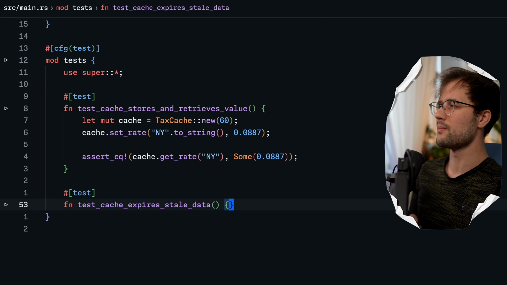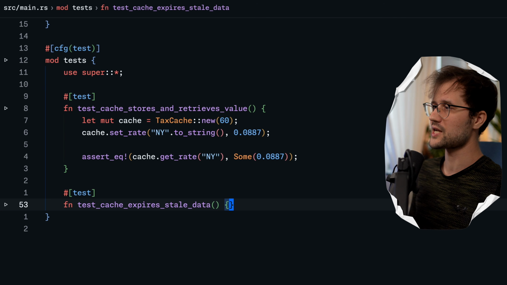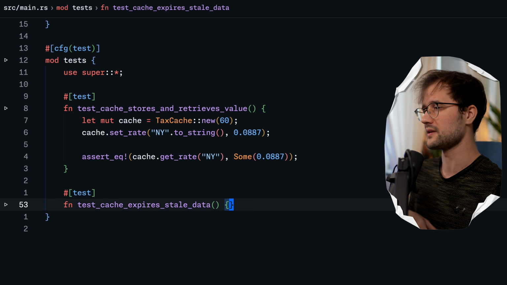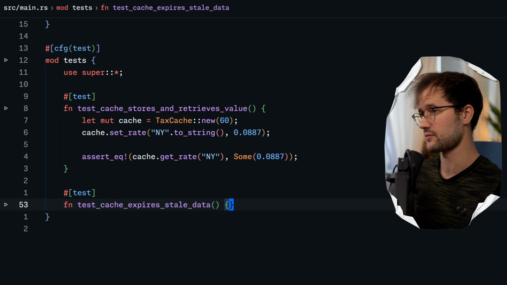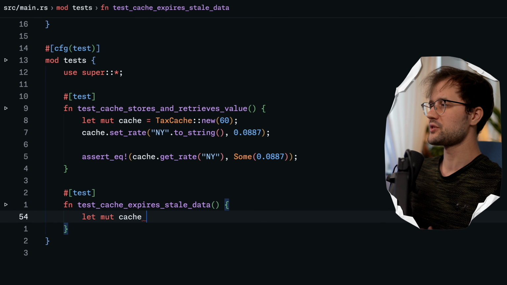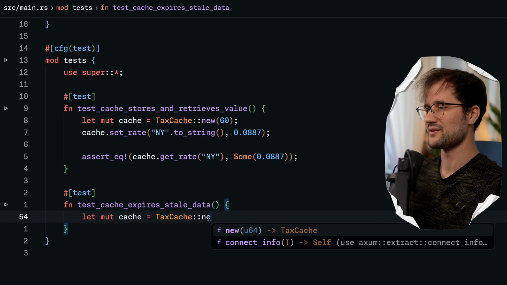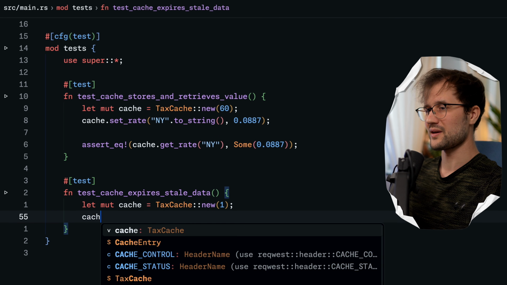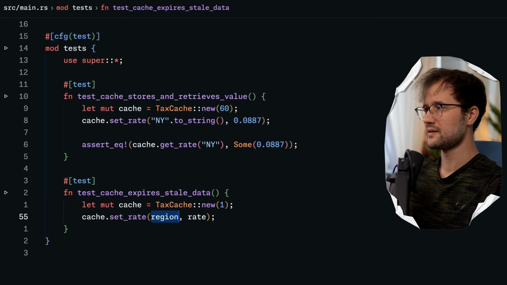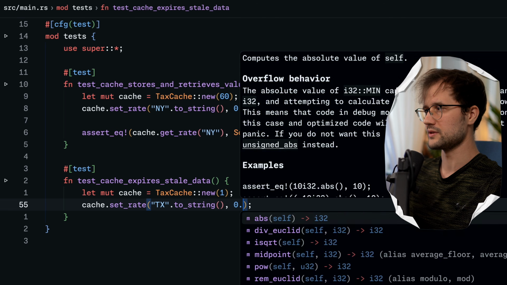And this right here is our most important test, at least I would say, because it proves that the cache really cleans up after itself and does not really serve outdated tax rates. And this time when we create this cache, we intentionally create a cache with a very short TTL of just 1 second. So we say let mod cache is equal to tax cache new one, and then we say cache set rate, let's just say taxes, for instance, to string, and then we will say